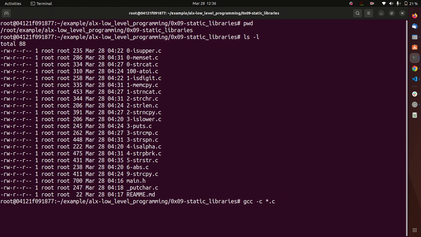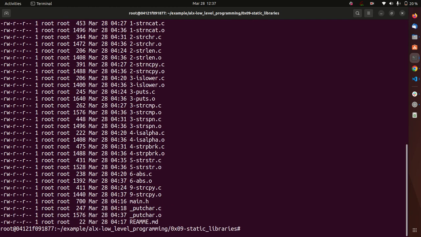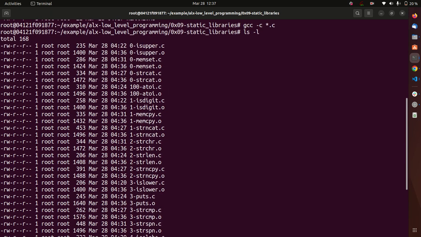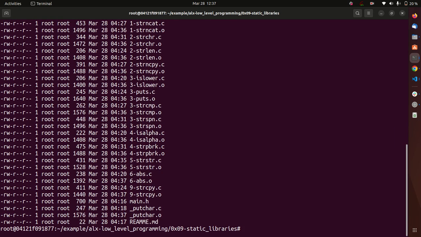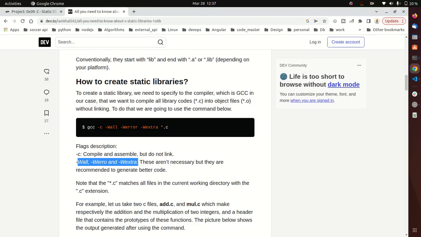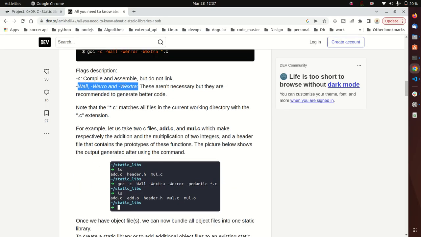Okay, so I'm going to press enter, and if there is no error, it means everything is good. So I'm going to do ls, and you can see we now have the object code for all the C files. Okay, so if we go to our documentation again,